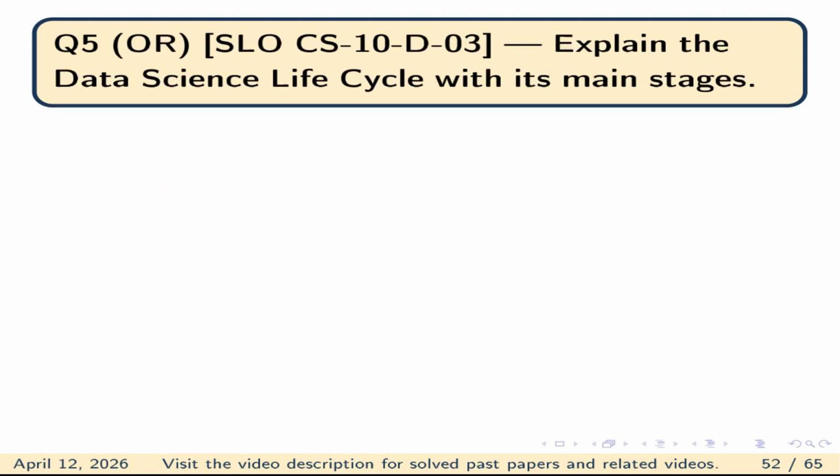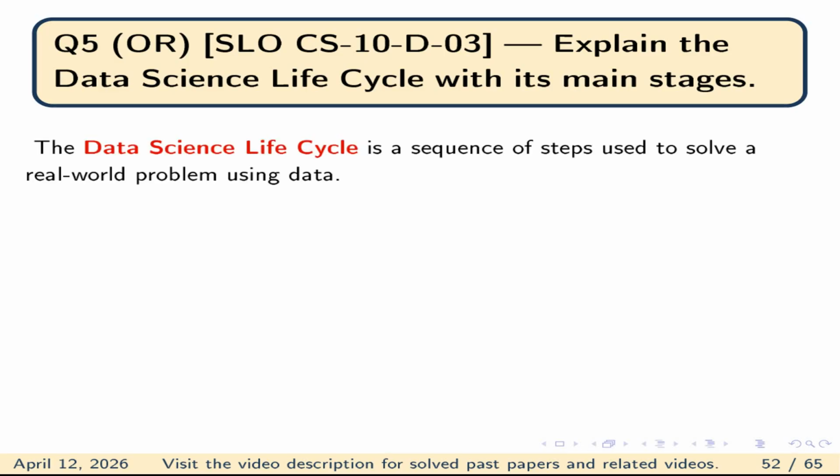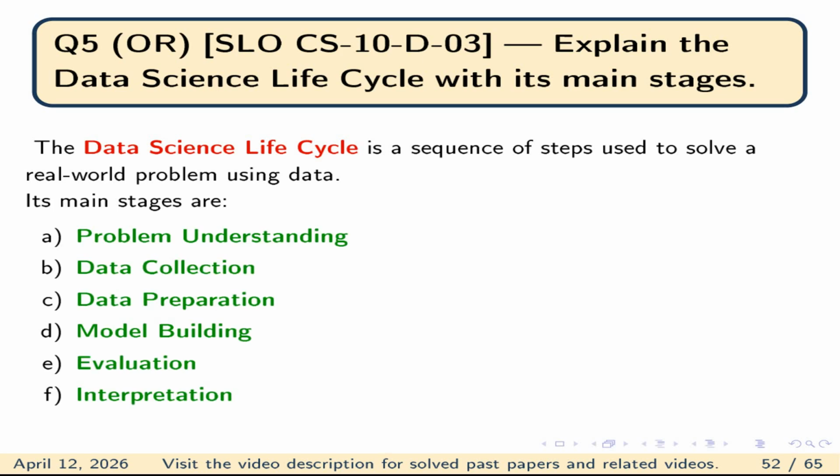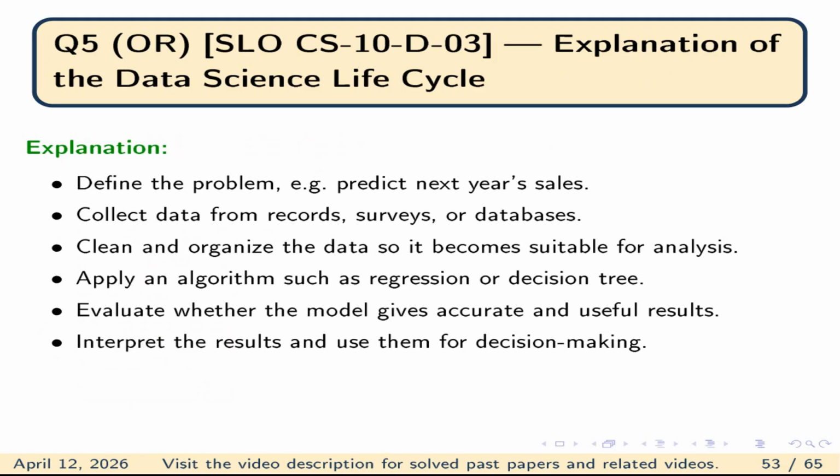Question number 5, alternate question. Explain the data science life cycle with its main stages. The data science life cycle is a sequence of steps used to solve a real-world problem using data. Its main stages are problem understanding, data collection, data preparation, model building, evaluation, and interpretation. Explanation: define the problem, for example, predict next year's